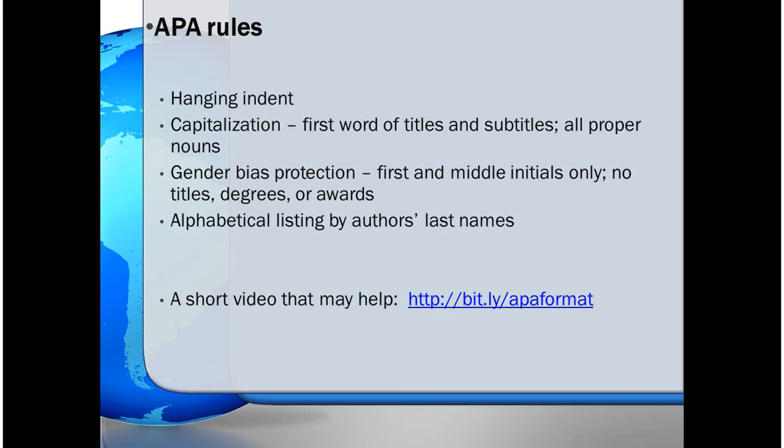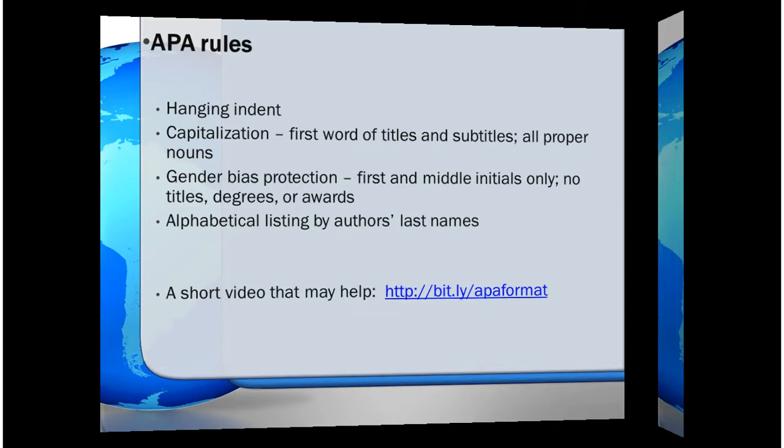This little URL down at the bottom is about an 8-minute video that shows you exactly how to make that hanging indent work, and it also expands a little bit on each of these APA rules. So,